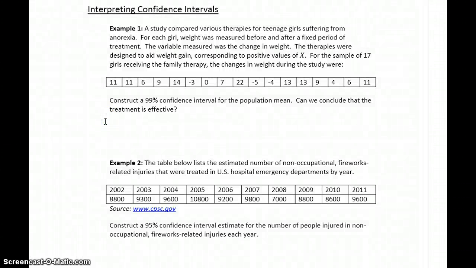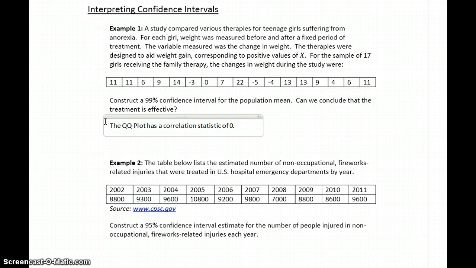So we can say the QQ plot has a correlation statistic of 0.974, which is greater than 0.943746, which is the critical value